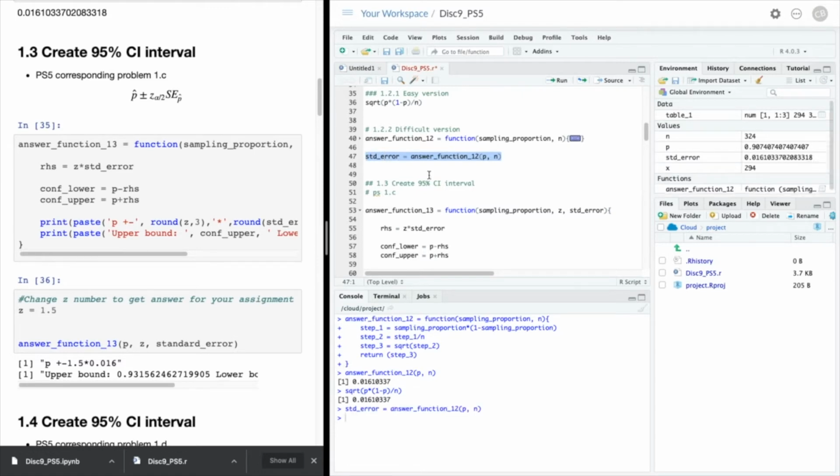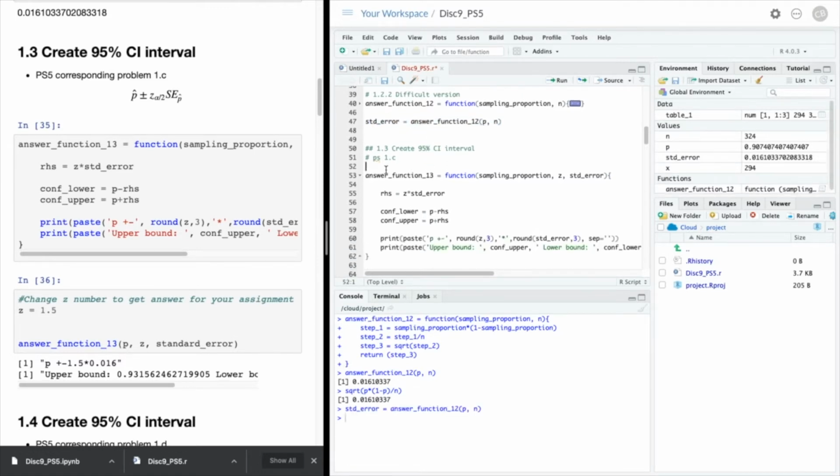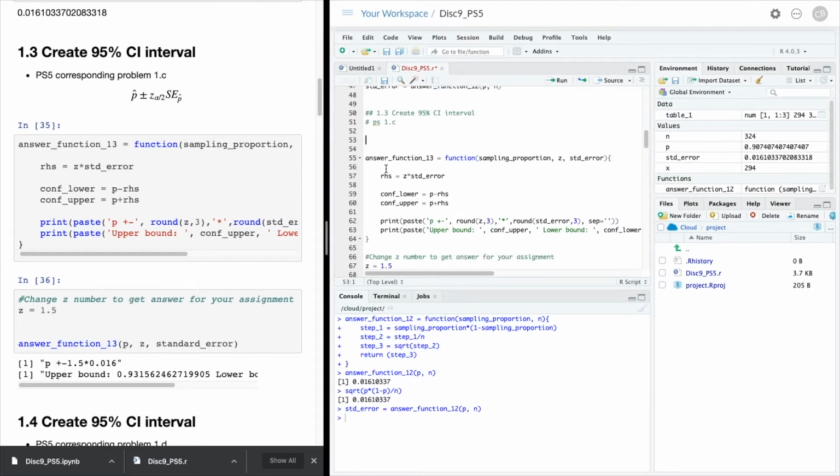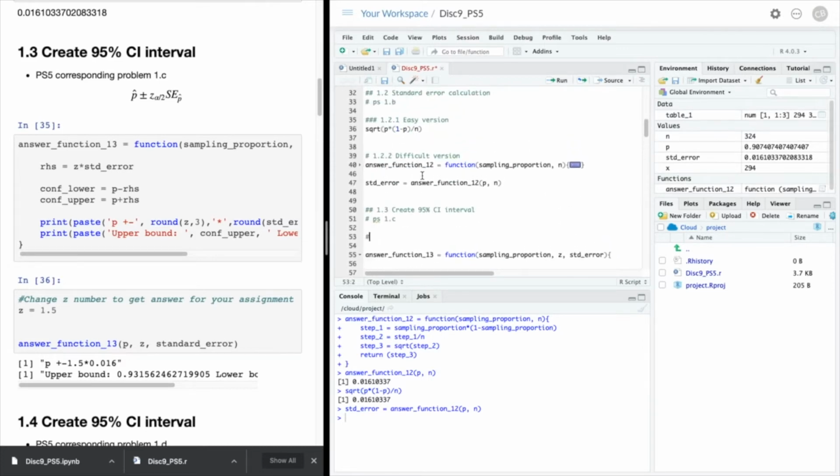So let's just save that. And so again, just to make it clear, I'll do 2 versions. So there's going to be 1.31. This is the easy version. And that's just simply to calculate P plus